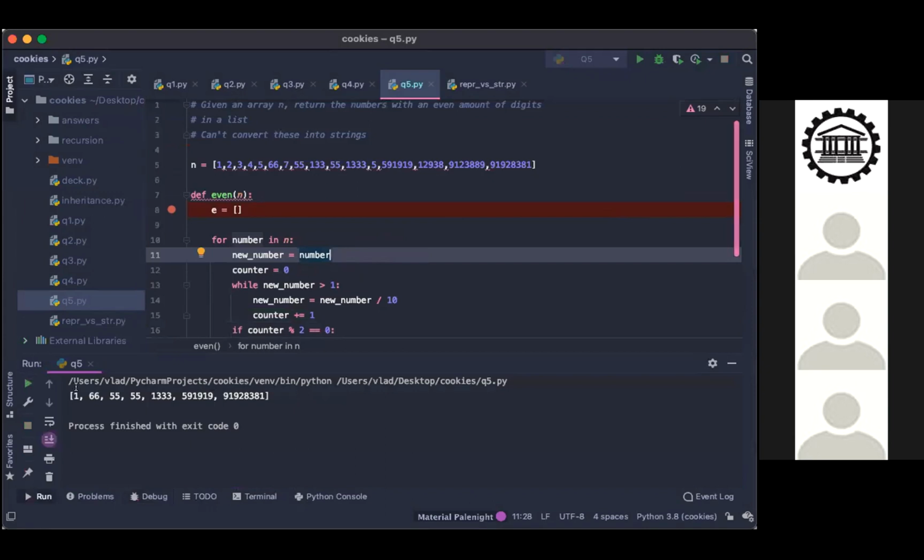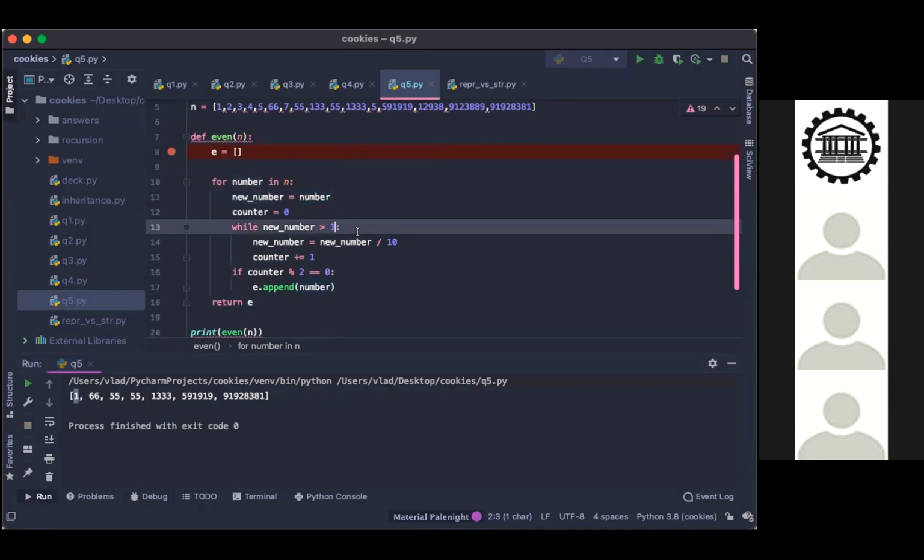All right, at least that one worked. A little bit better, but it has this one. There's that one as well. I could just add another condition for the while loop to check, saying while new number is bigger than 1 and the new number is not equal to 1. Well, that's just a case thing, so I don't want to do that necessarily. I think it's an easy fix.